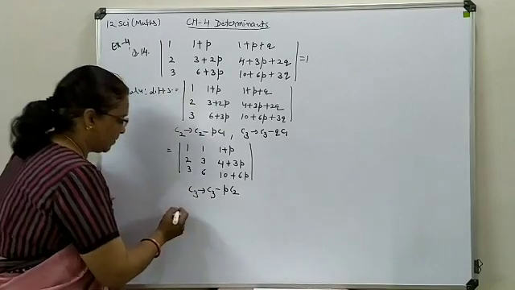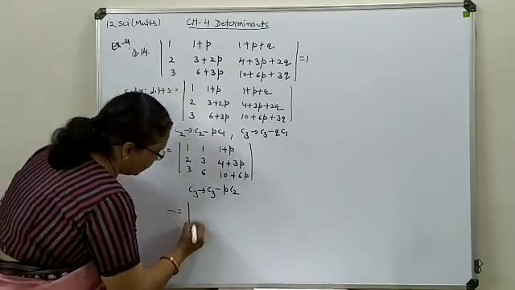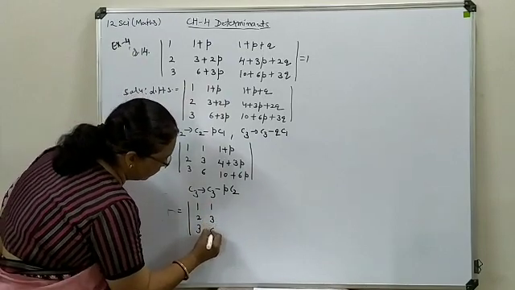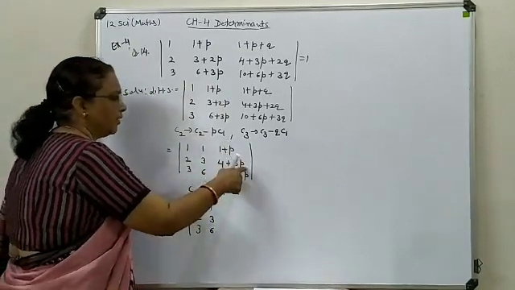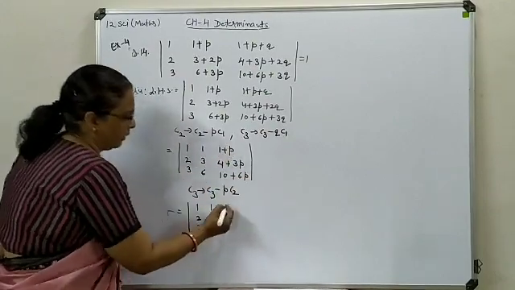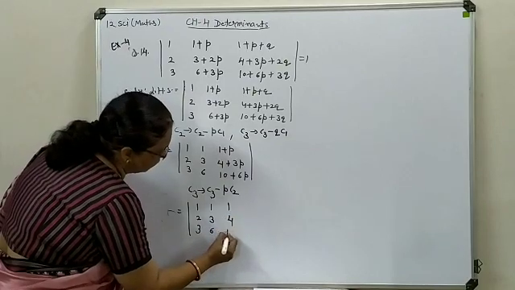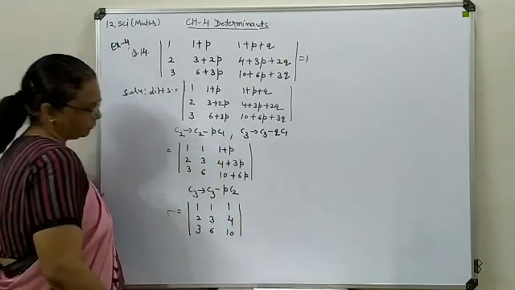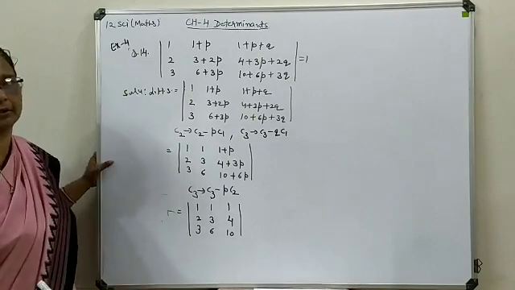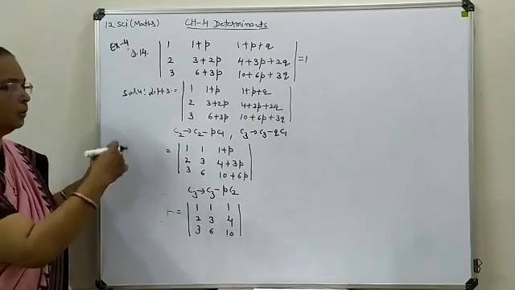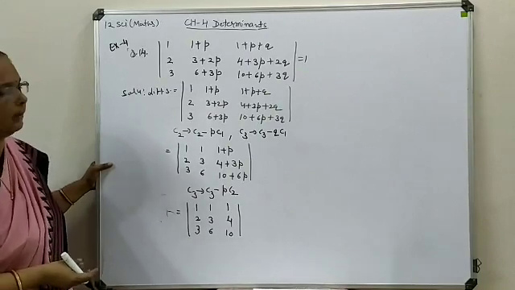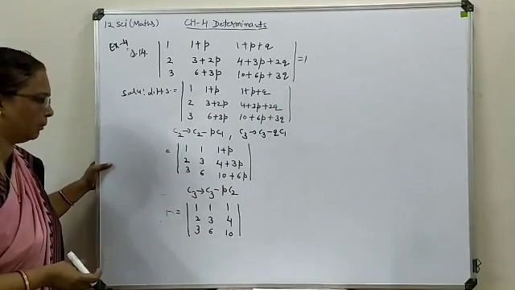So on implementing the same property, you will have 1, 2, 3. This also will remain unchanged. Here this P, 3P and 6P all will cut on multiplying this one by P and subtracting over here. So further you will be left with the constants only. Now again 1, 1, 1 you have produced on the first row. So column wise you perform the subtraction. 2 zeros you can generate easily and then go for solution of the remaining combination.